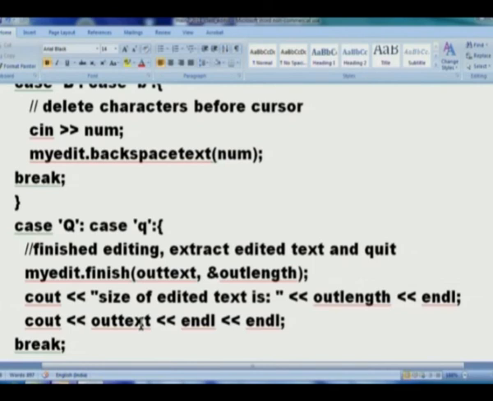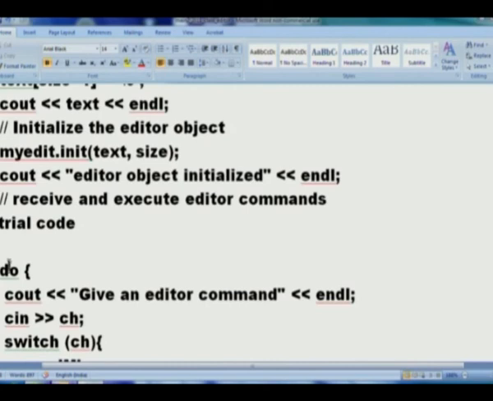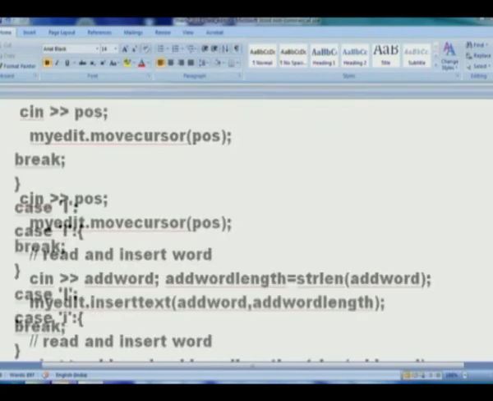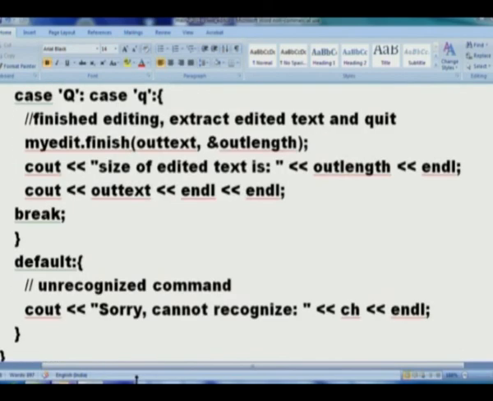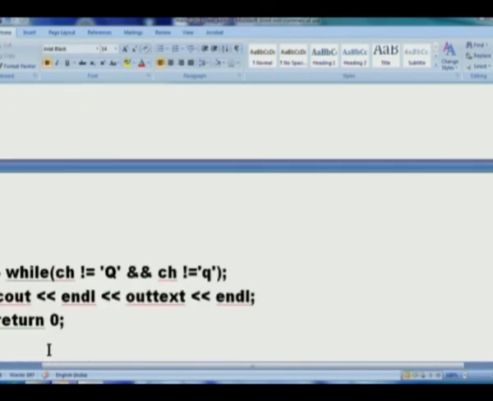Of course, after every editor command, I execute that command and I wait for the next command. I have to set up an iteration. Do not forget that at the beginning, I started with do something. I can implement it using while or I can use it with do. At the end, what should I say in while? When I come here, I would have come because of one of the breaks. The command because of which I have come here after completing it could be anything. Insert, move, initialize, whatever. But if it is quit, I have to get out. If it is not quit, I have to continue.